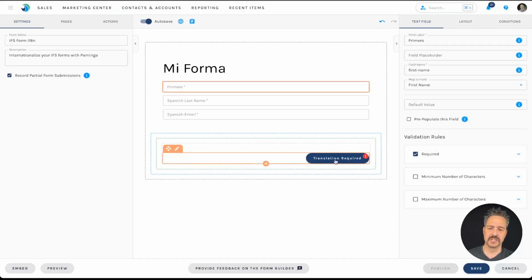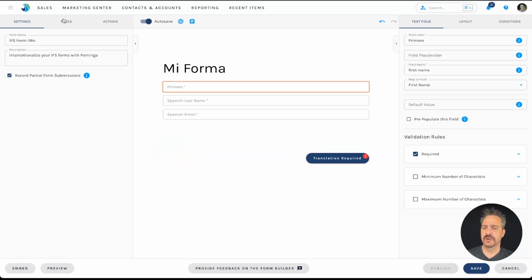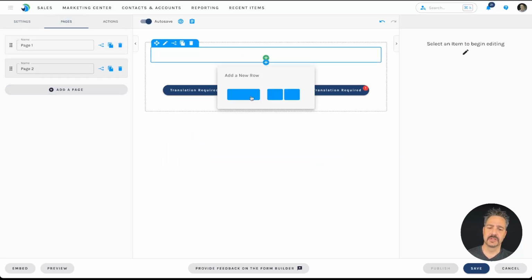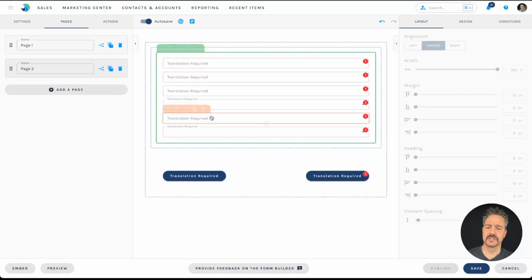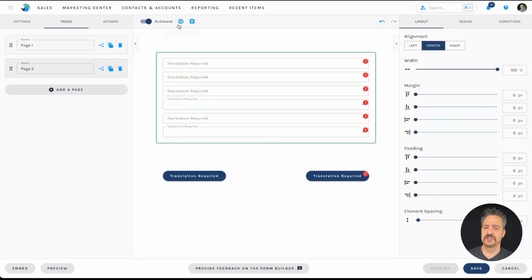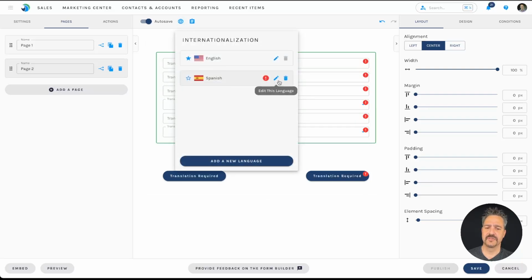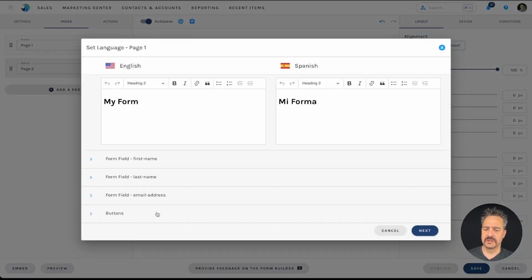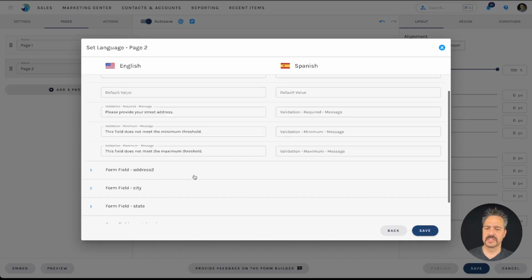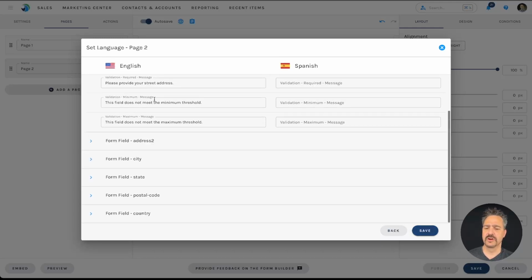And it needs a translation. But we could go over here to pages, add a second page, and I'll just throw something in there. I'll put, say, address fields in there. And now they all require translation as well. If I jump back to edit the Spanish version, that's when these buttons particularly matter. Now the next button and the back button will be required. And notice down here, we now have a next. It'll take us to the next page to let us translate the second page where we've got all those address